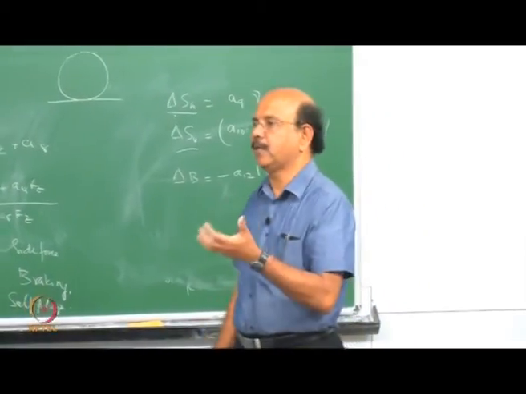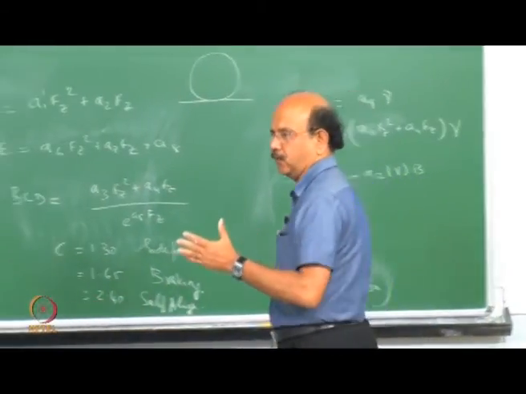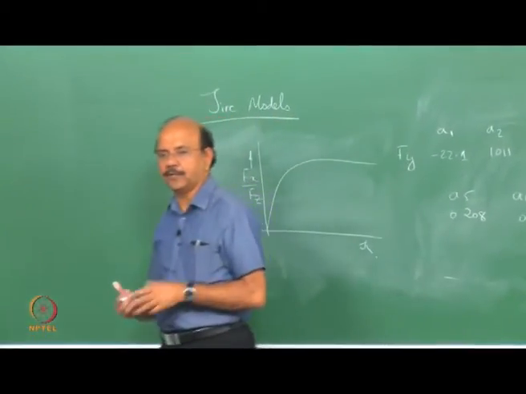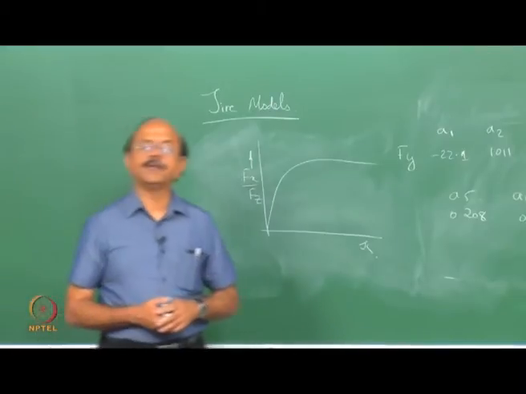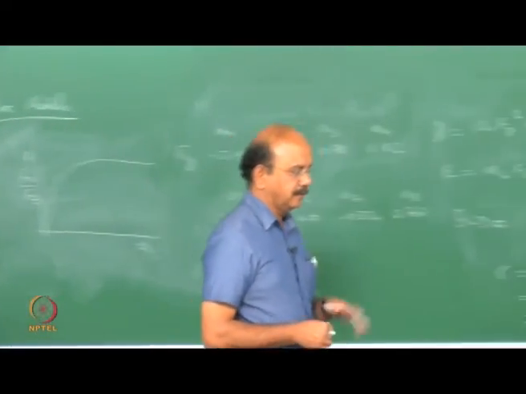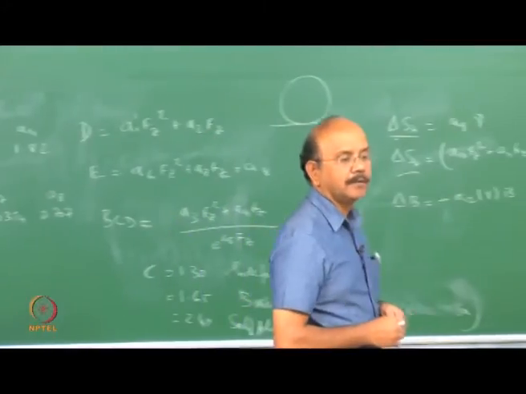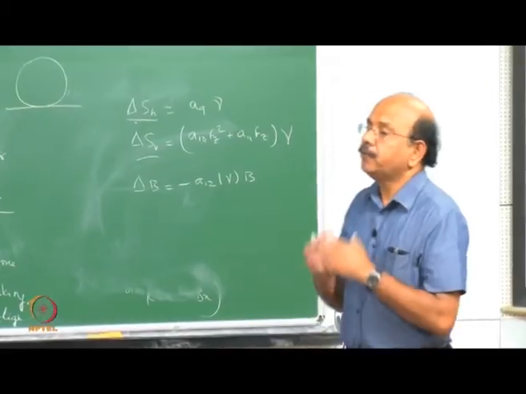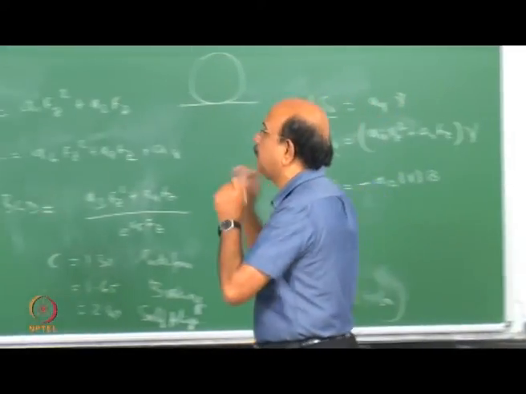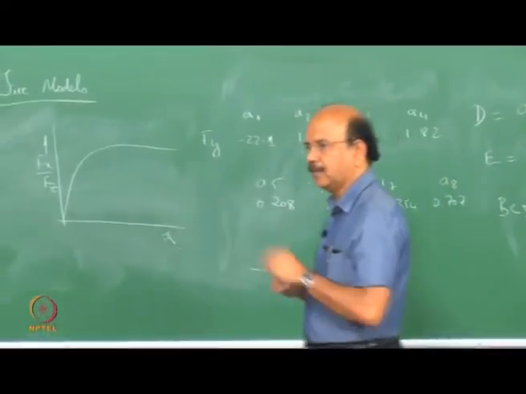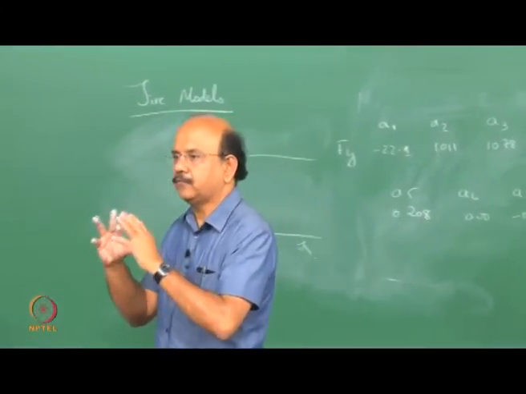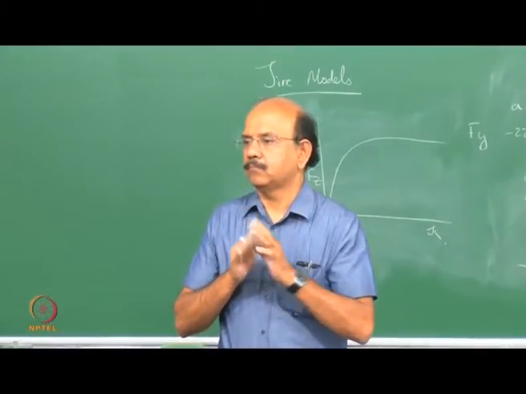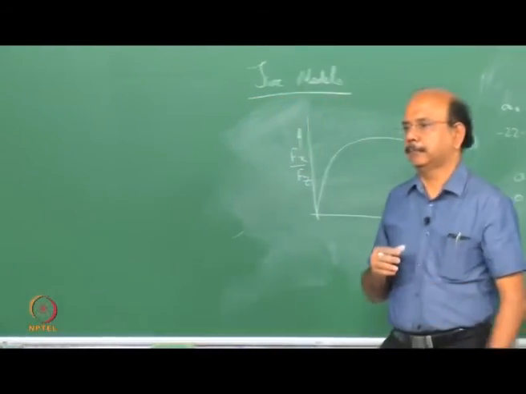Can this curve be like this? There has been a lot of work, as I told you before, on how friction actually works between the road and the tire. It's a big topic by itself. It depends not only on the contact pressure, but also on the sliding velocity V, slip, and so on. If you want to model the tire behavior in a very detailed fashion, then you have to go into friction models. But all the systems that we have are based on this, right? We try to get the slip so that the maximum force will come.